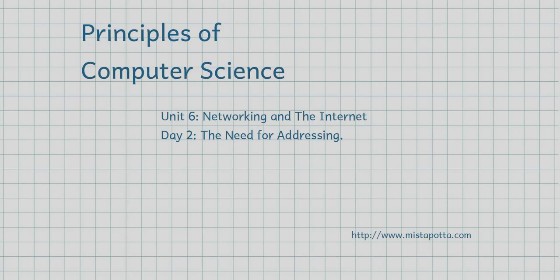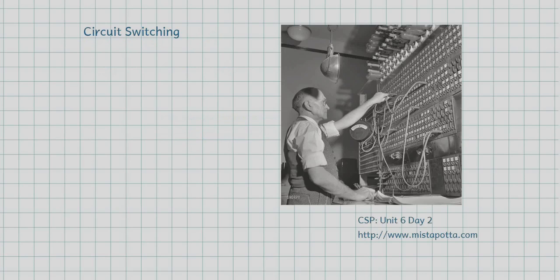What we're going to do in today's video is talk about the need for addressing. And so we're going to go back to the history of computer science once again, go back to the history of networks. We're actually going to go back to the first computers that we had, which used something called circuit